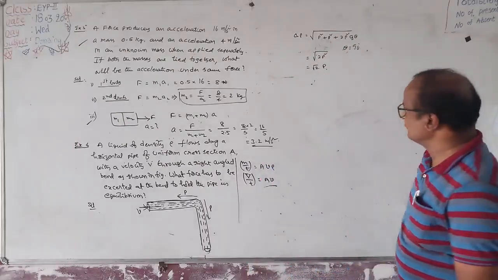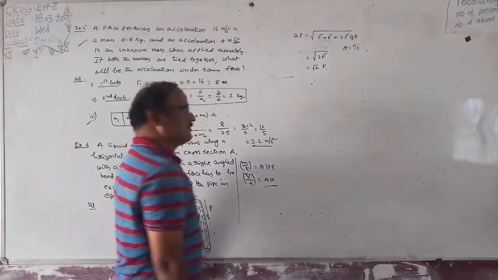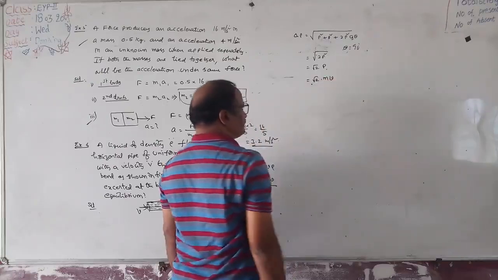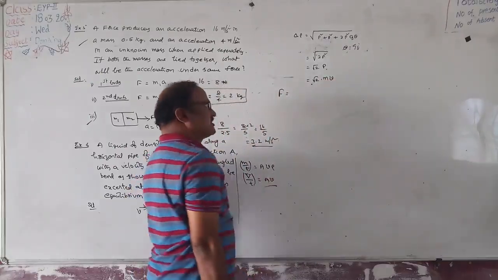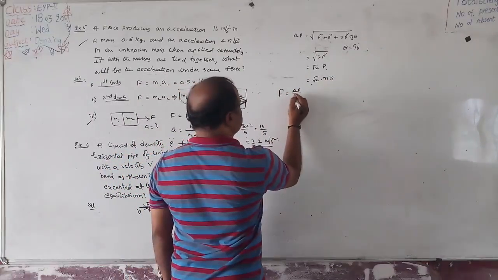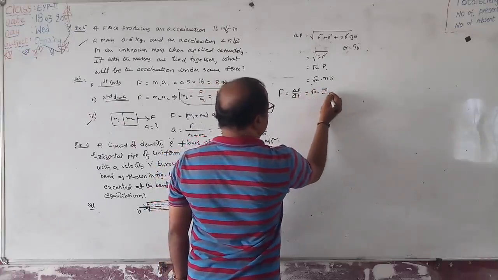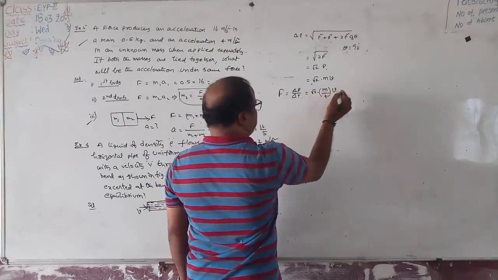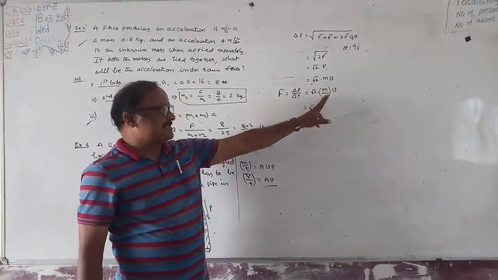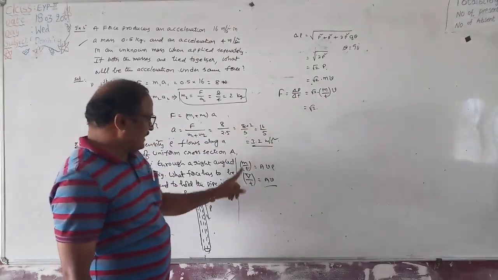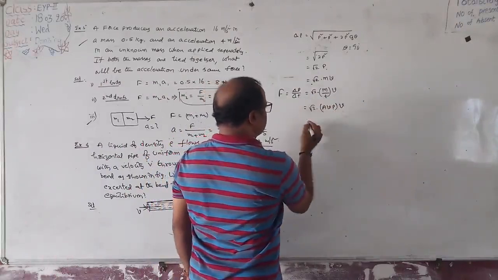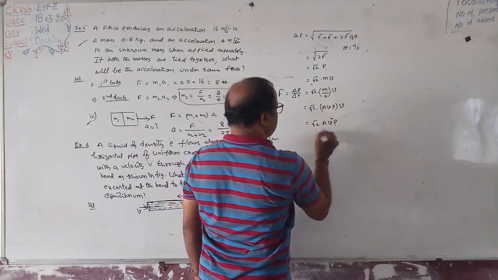Root 2 into p. What is p? P is also equal to m into v. It is the change in momentum, root 2 into m into v. We are having the force; force is equivalent to the rate of change in momentum, that means delta p by delta t, that is equal to root 2 into m by t into v. Root 2 into m by t, m by t means mass flow rate. Delta t can be replaced here as t. Therefore, m by t is also A into v into rho. A v rho into v, that is equal to root 2 into A v square into rho.